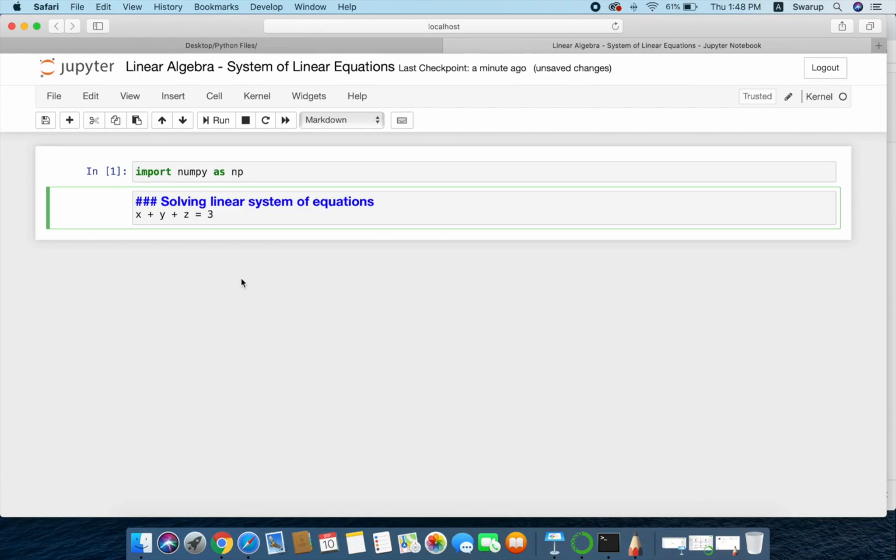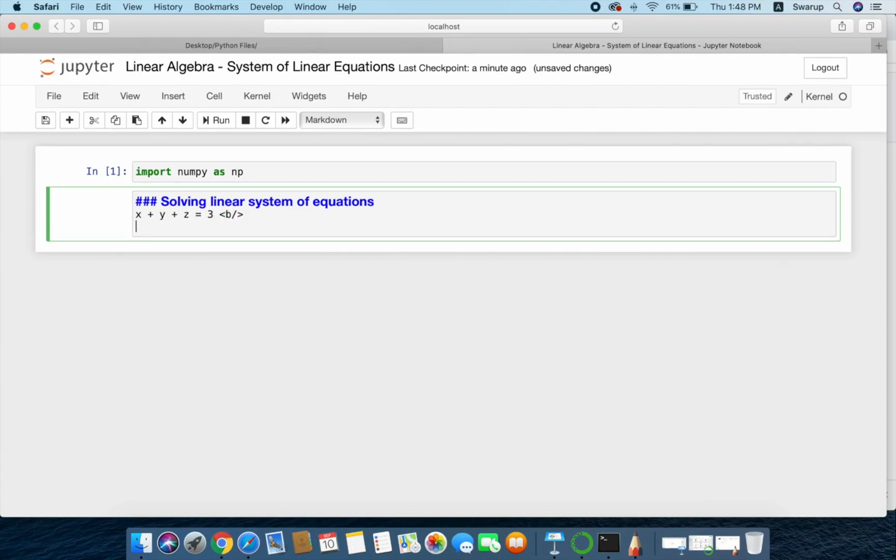We'll take the same equations. You can use a break tag, BR, to come to the next line.